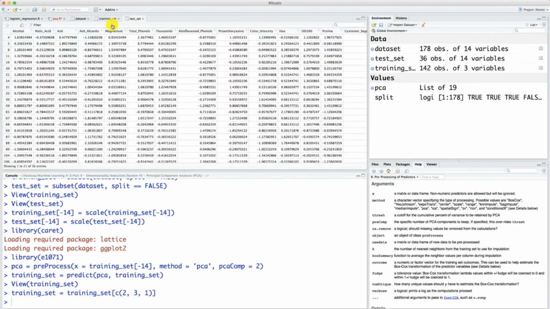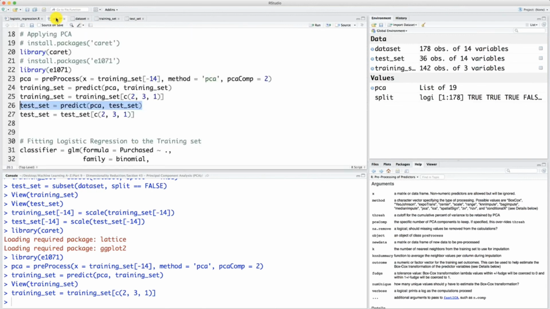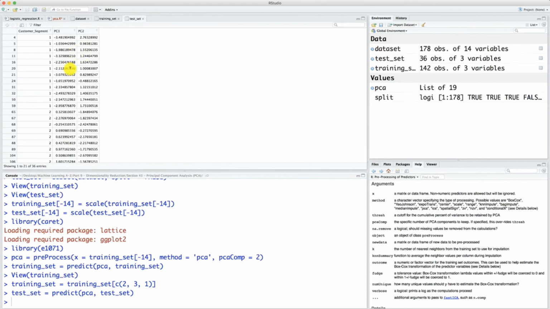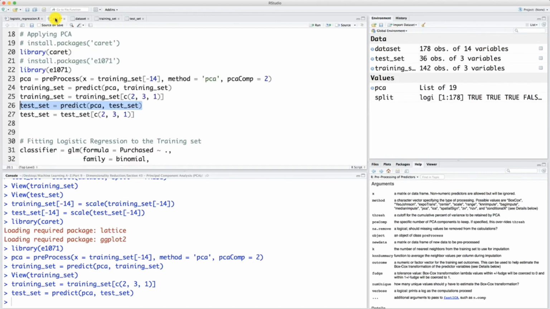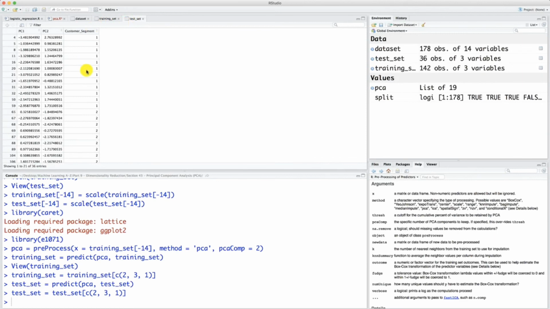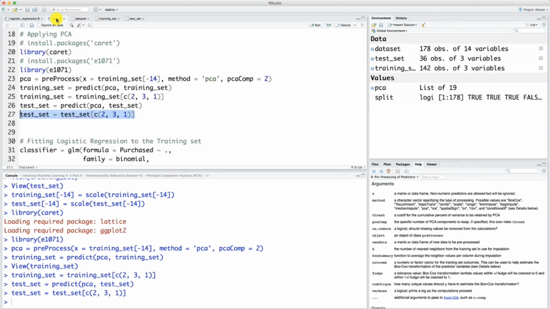As you can see so far, the test set has its 13 original features. Then if I execute this line, it now has 2 new extracted features, the principal components 1 and 2. But the customer segment is in first position. We want to put it in the last position. And so to do this, we execute this line, and that will do it. If I go back to test set, now the customer segment is in last position,